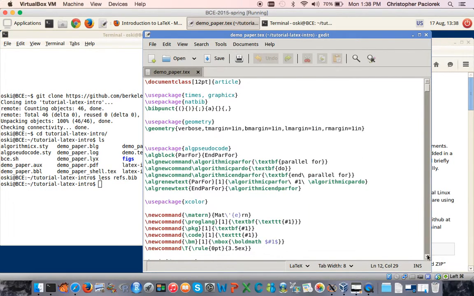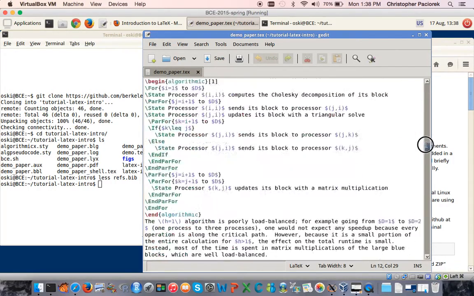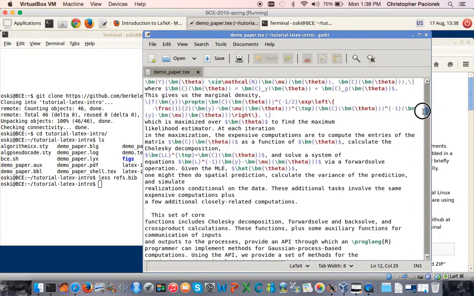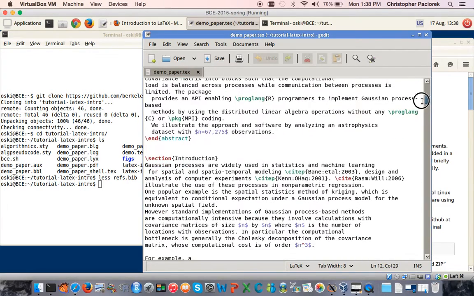And then if you wanted to cite a particular reference at a particular point in the document, the syntax that you use, if I can find some in here, is the \cite command. So for example, here we go. Here in the introduction, I say \citep. So that means to do a citation with parentheses around it. This reference is basically a key, referring to an entry in that refs.bib.